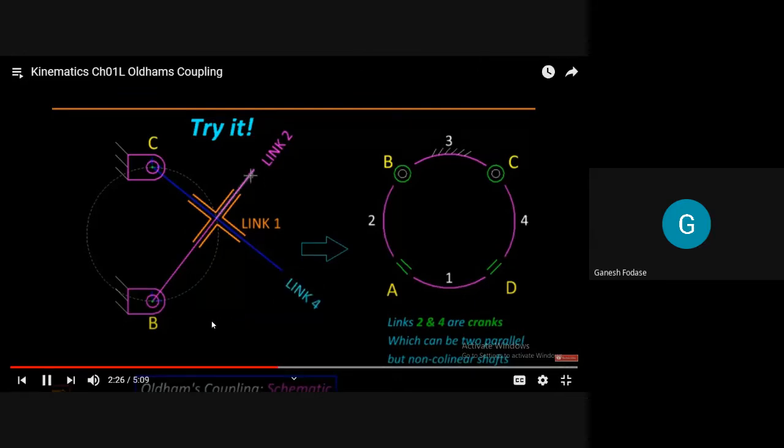Now see its motion, please. We are just giving motion to link number 2. Remember, link 1 is used to connect these two links. So when I give motion to link 2, which link will move, because link 2, the pink one, is inside which link? Link 1. When I give motion to 2, automatically 1 will move, and when 1 moves, which will also move? 4 also moves. See its animation, please. So we are dragging link 2.